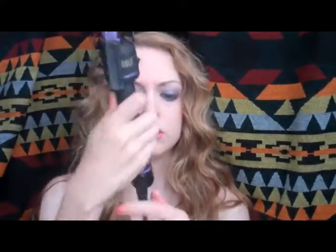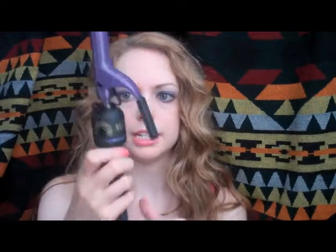You can also unlock this chamber here so that the entire iron can swivel and you're not getting your cord tangled up. So I really love that. This one doesn't have a lock, but it also has the swivel here so that you're not getting tangled, but you can't rotate this one the way that you can this one. But anyhow, what I do is I use this one first, and this is, I think, a 1-inch barrel, and